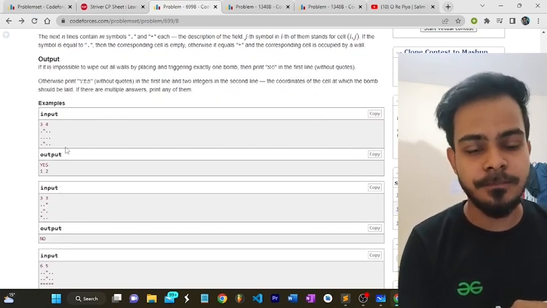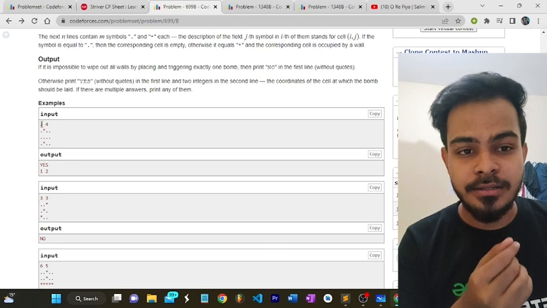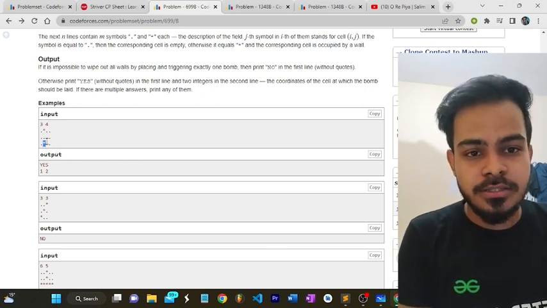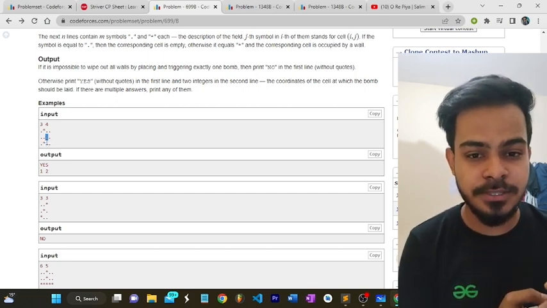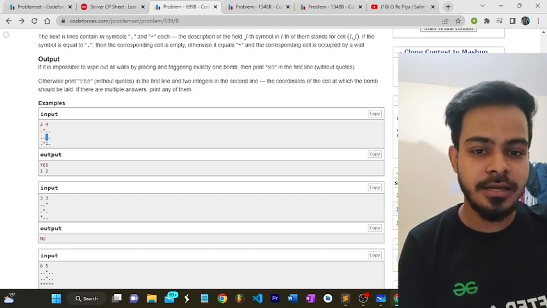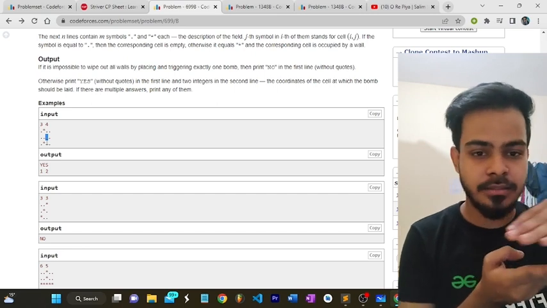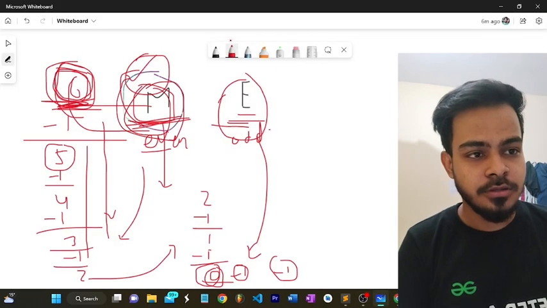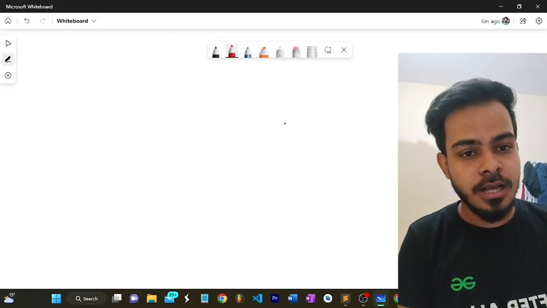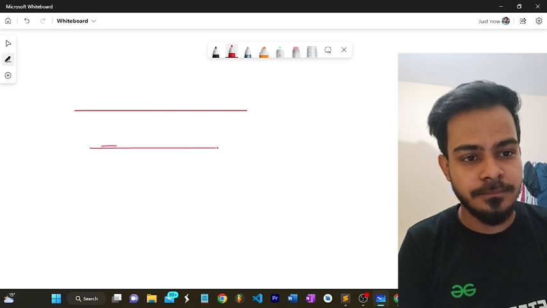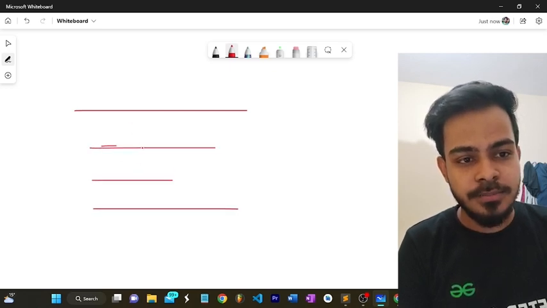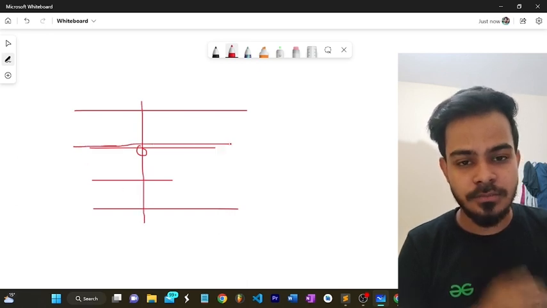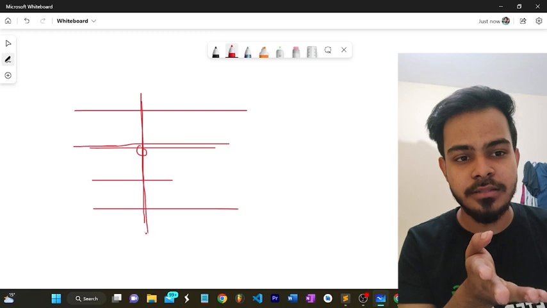After that you have come to the video. So you are given an n into m matrix, in which the stars are, let's suppose, houses. So the index on which I'm placing the bomb, I can destroy all the houses in that column as well as in that row. So let's suppose, let me take an example. So for example, I have a matrix something like this, okay, and suppose I am placing the bomb here. So I can destroy all the houses in this row and all the houses in this column.